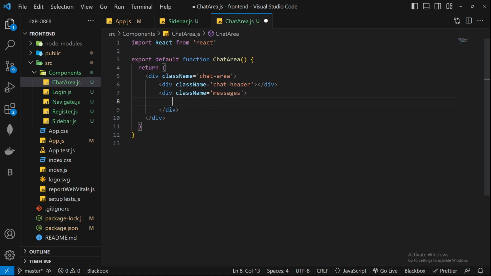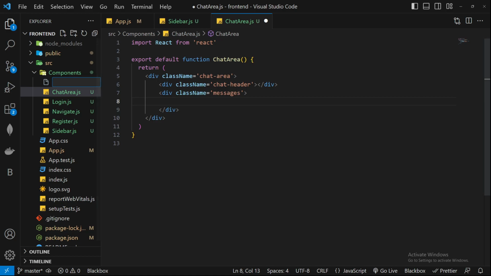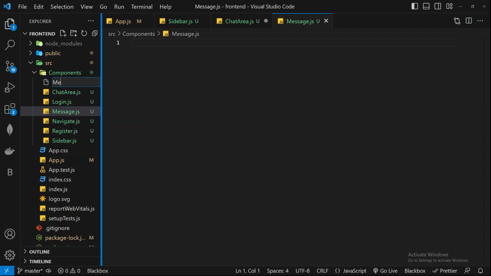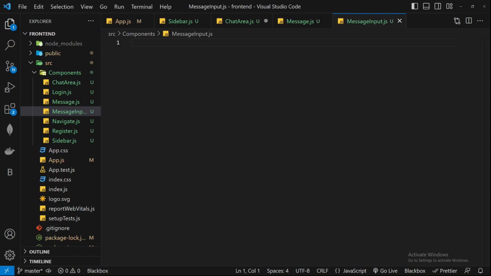So for this, we'll create another component called message.js. And while we are here, let's create another component called message input.js. So this is basically that input field that we require for writing and sending messages. So this is that. Now in our message.js, what we can do is create a function based component first of all,